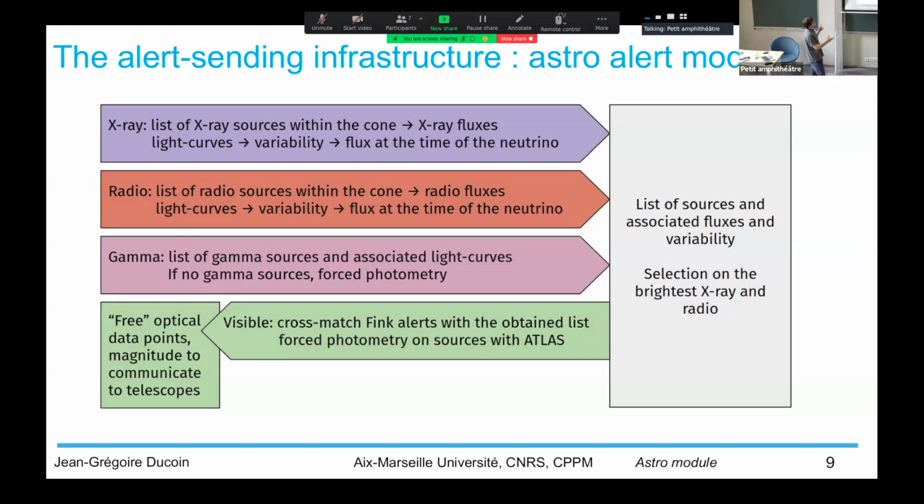So what we can do is a cross-match with, for instance, the Fink alert system to identify, before sending the alert, that there is already an optical transient there. And you give that to the observer so that they know that they should focus on that when following our KM3NeT neutrino candidates. Okay,